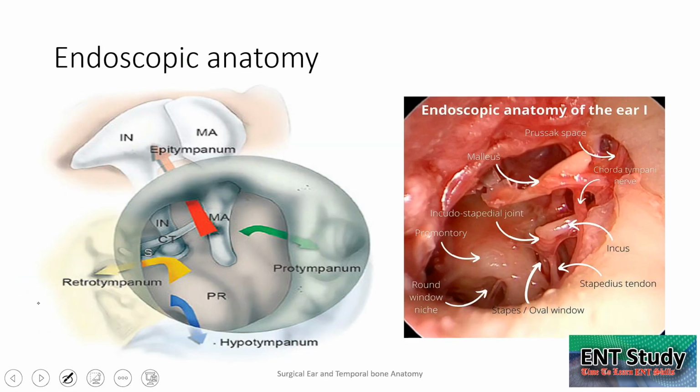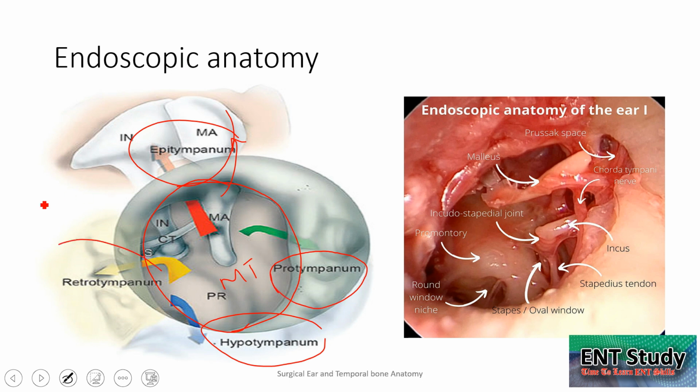Now, we have been imagining the middle ear cleft as a matchbox, but endoscopically, that's not how it seems. Categorically and endoscopically, we have divided the middle ear cavity into some regions. The attic area is known as the epitympanum. The floor area, which is below the tympanic membrane, is known as the hypotympanum. The area that is medial to the tympanic membrane is known as the mesotympanum. The anterior part of the middle ear cleft is known as the protympanum, while the posterior part is known as